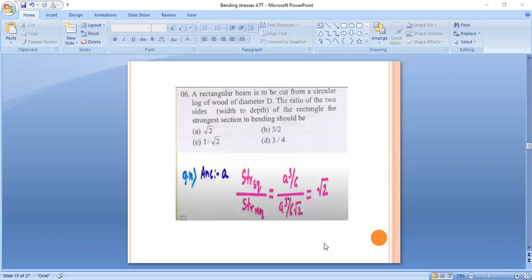After that, next question, question number 6. A rectangular beam is to be cut from a circular log of wood of diameter D. The ratio of two sides, width to depth ratio of the rectangle for the strongest section in bending, should be. So strength of square divided by strength of